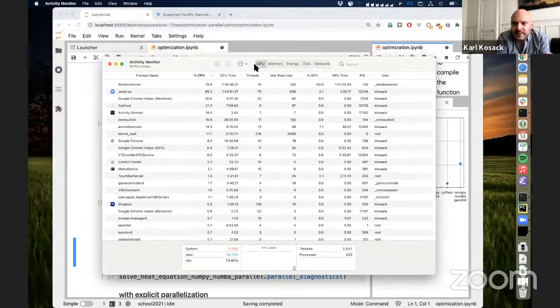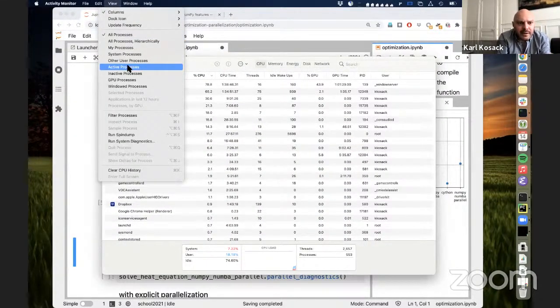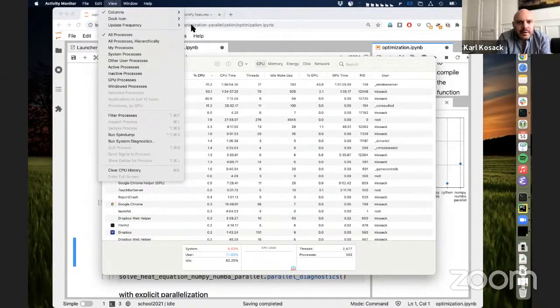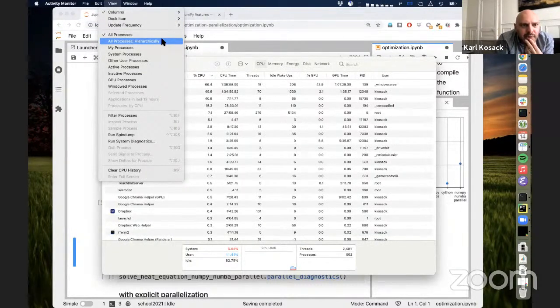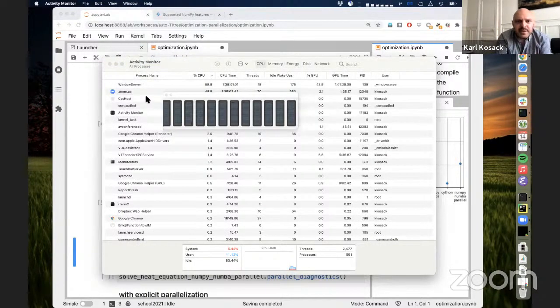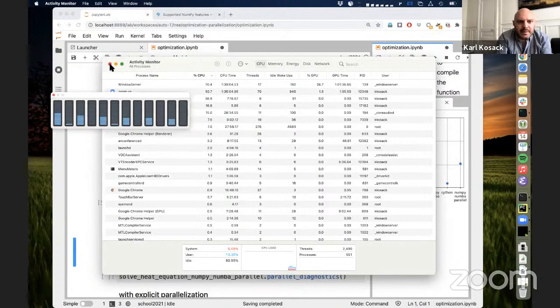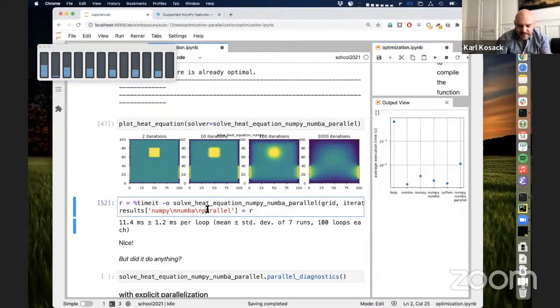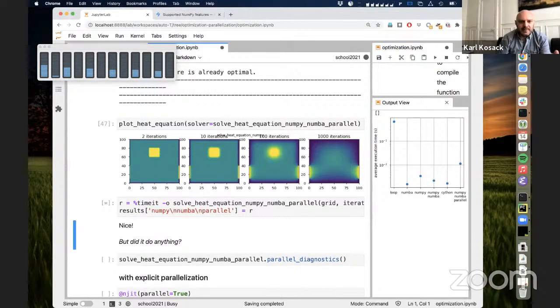So here's all my processes, but I think I can turn on a view of my CPU usage. I forget what this is. There's a way I can show you. Maybe it's this one, CPU usage. Yeah. So this, you can just see what the CPUs or the cores are doing in my machine. If you run this, you at least see that. Yeah, you see all of my cores are being used. They all went up.